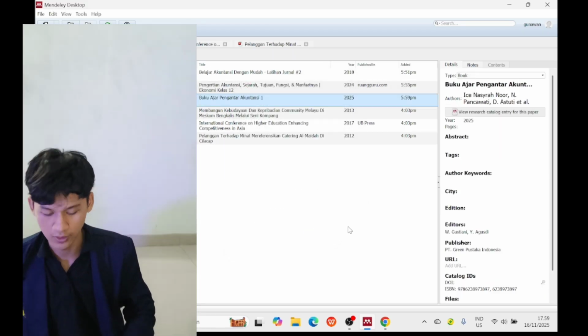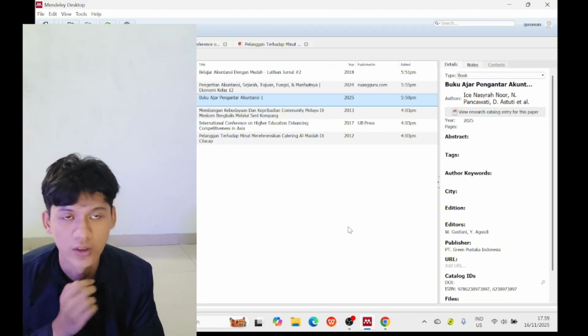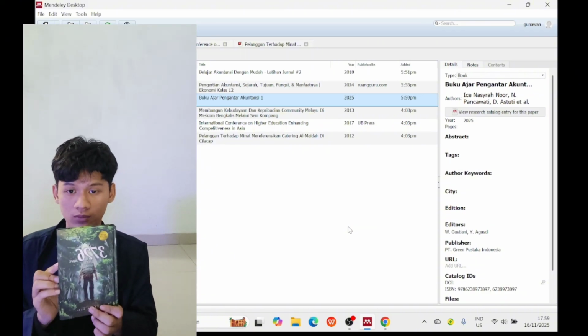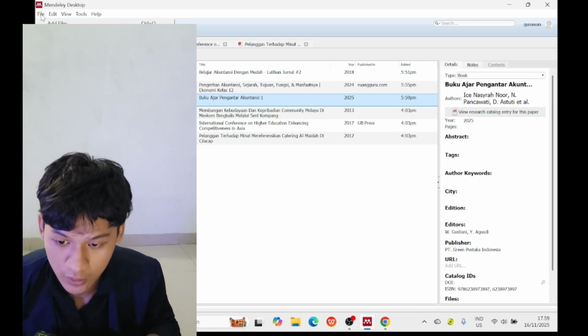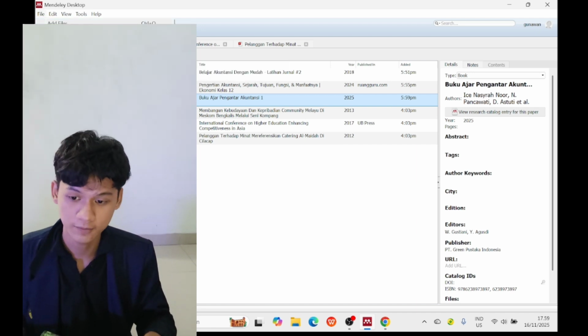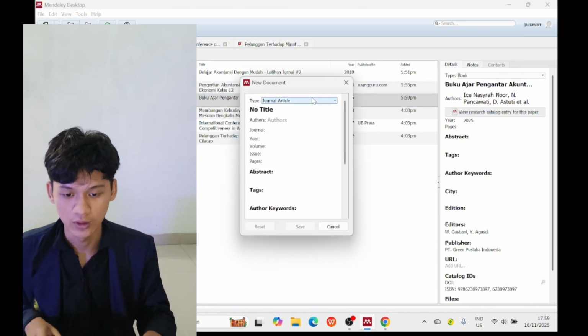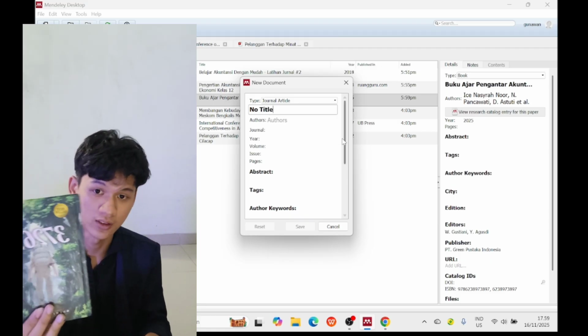Okay, next, hardcover book. For this I will use this. So first we will add entry manually again, and just the type is book. The title of this book is this.